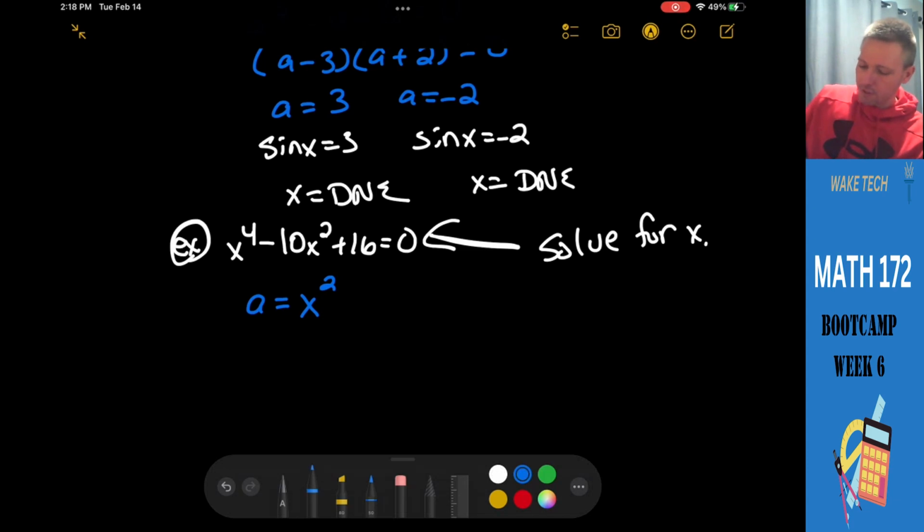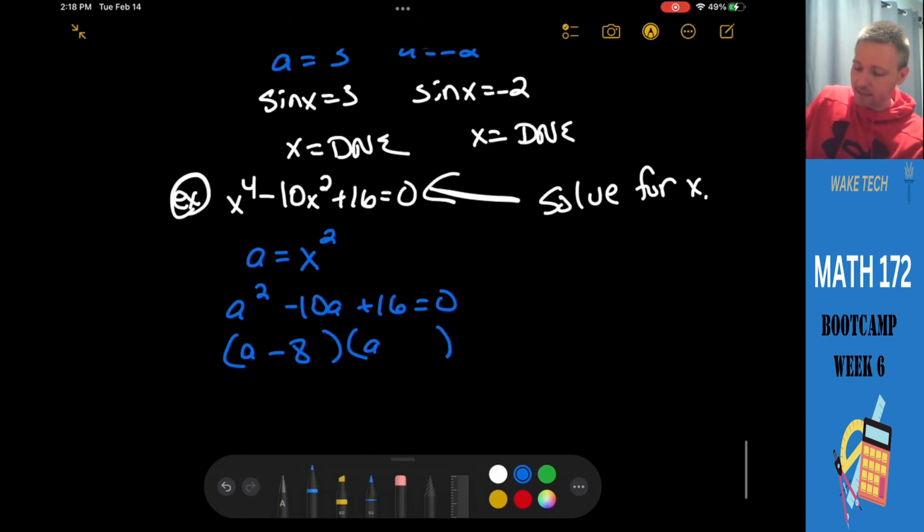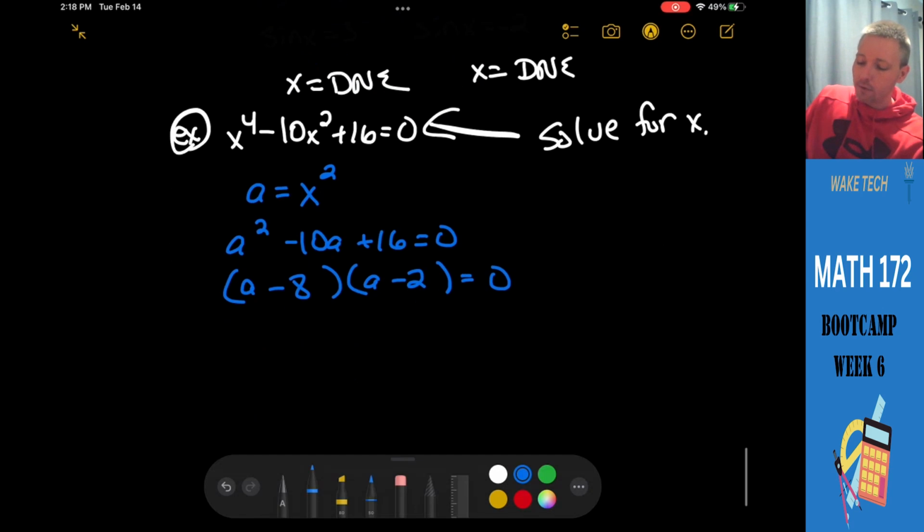So our substitution here gives us the equation a squared minus 10a plus 16. We can find two numbers that multiply to positive 16 and add to negative 10. That's negative 8 and negative 2. So we factored using substitution. Maybe that makes it easier, maybe it doesn't; that's up to you. My bigger goal is just to give you an option to use in the event you want to use a substitution. But we get a equals 8 and a equals 2,